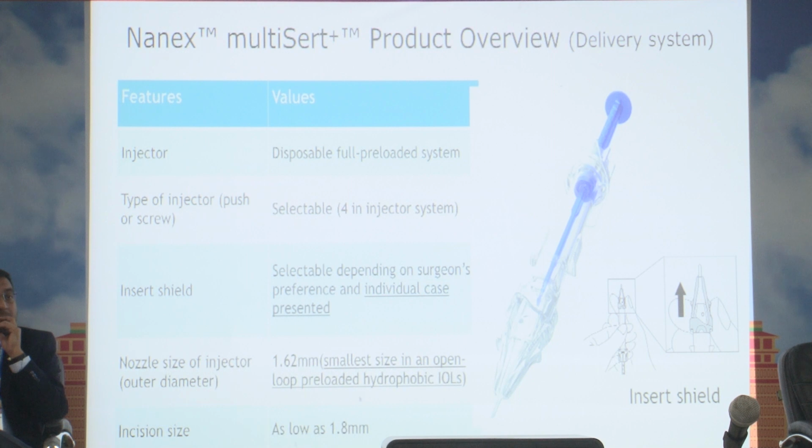So this is the delivery system, a disposable preloaded system, and the type of injector is called 4-in-1, because you have 4 options here. You can either screw or you can push, and at the same time there is this sleeve here which can be pulled, so that you can have either a wound assisted delivery or an in-the-bag IOL. This is called the insert shield, and it depends on the surgeon's choice. Now for me, this